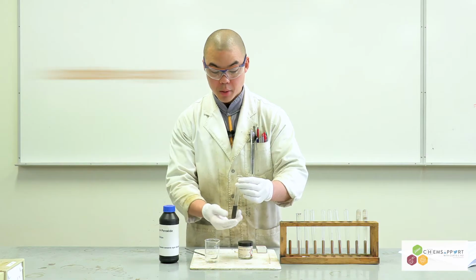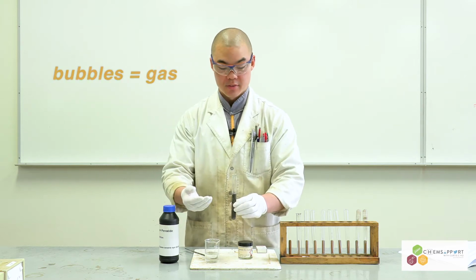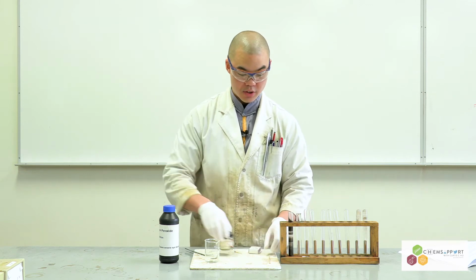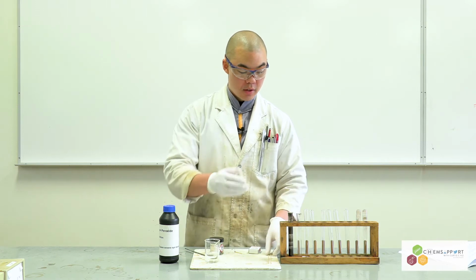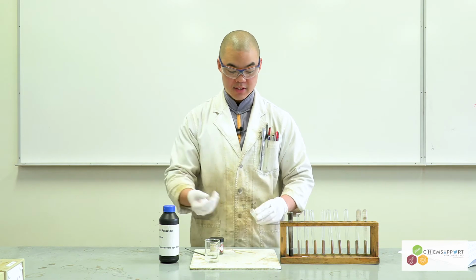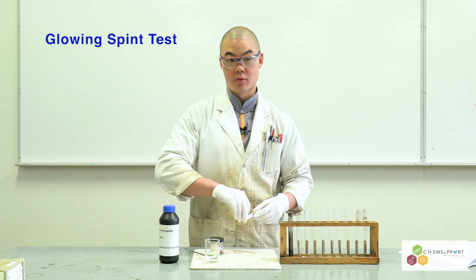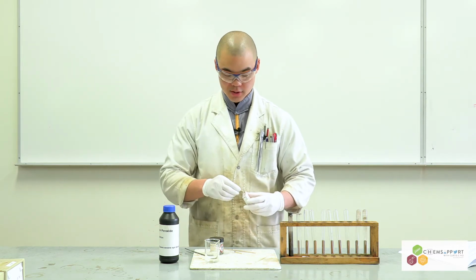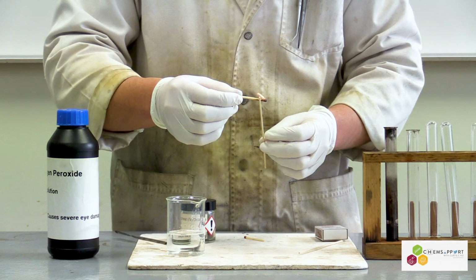You start to see bubbles being formed, and whenever bubbles are being formed, that means a certain gas is being formed. We'll leave that to sit there and react a little bit. This is producing a certain gas, and we're going to test what sort of gas that is. The test that we're going to perform is a glowing splint test, and that's a really classic reaction for a really important gas that we all really need to live on this planet. So if we light up a splint,